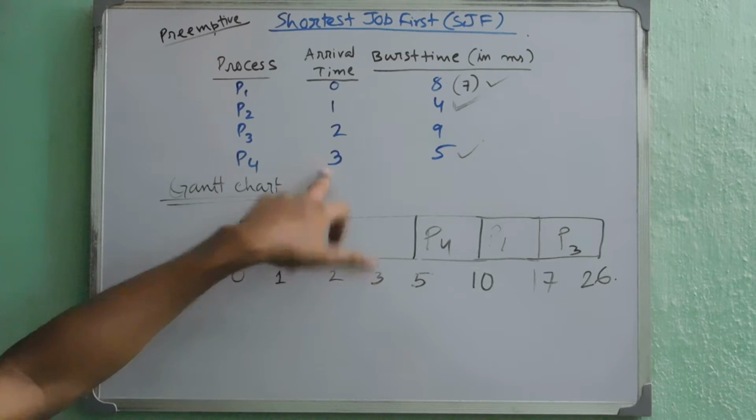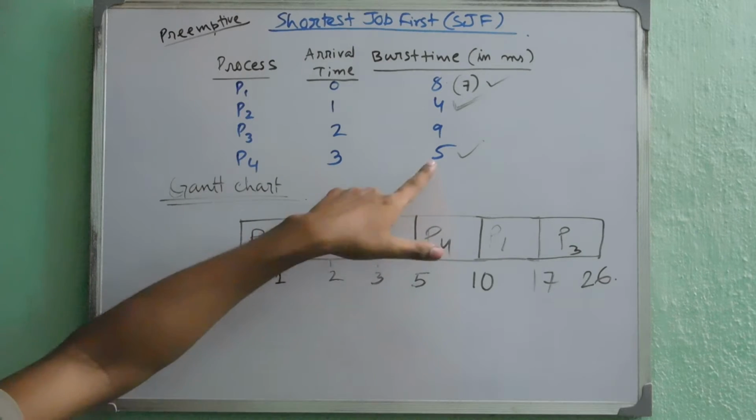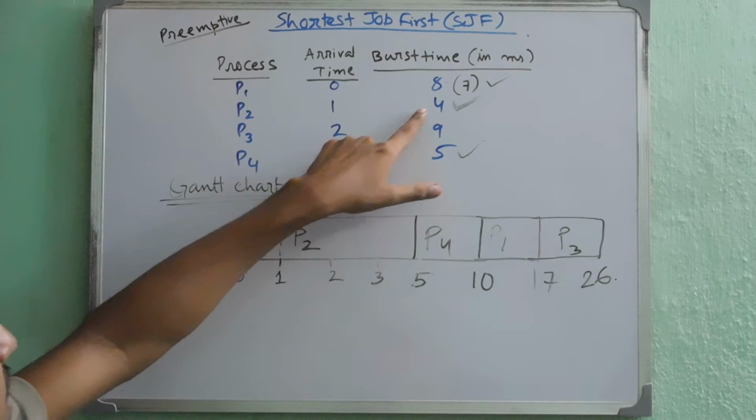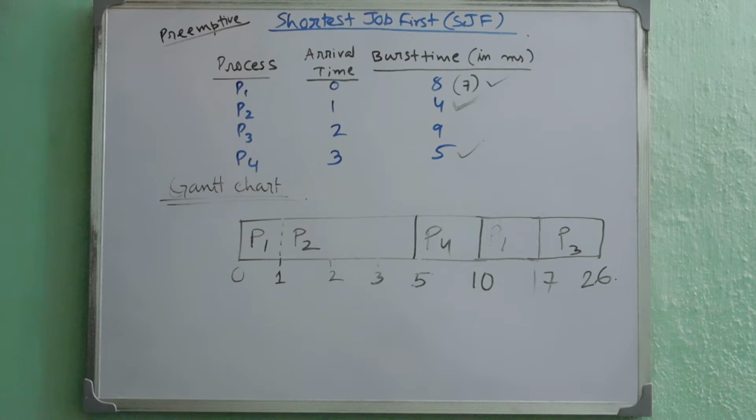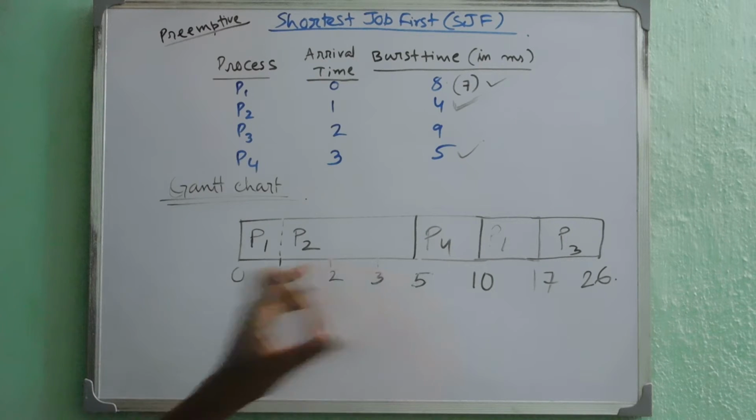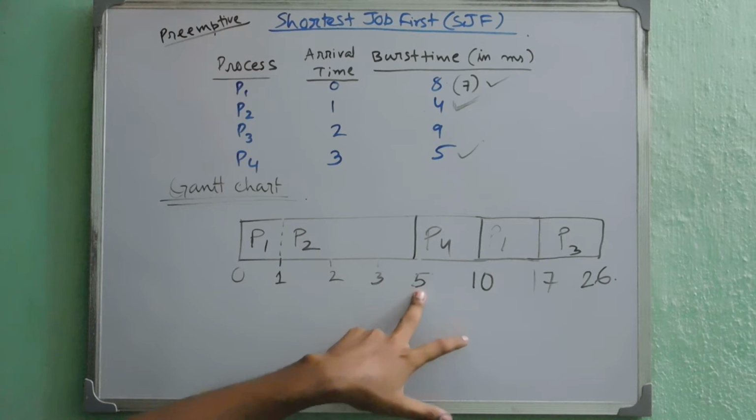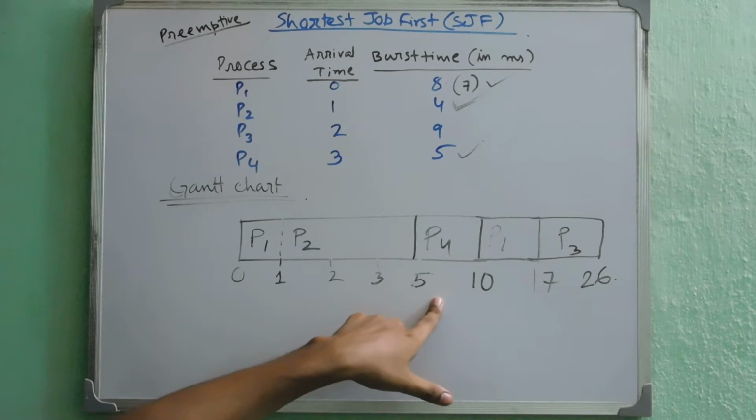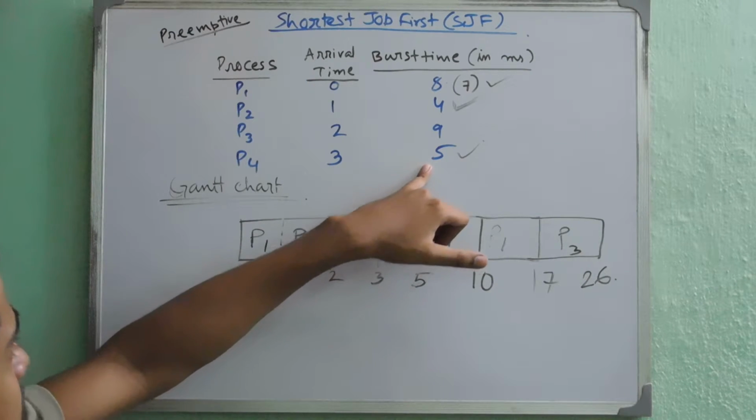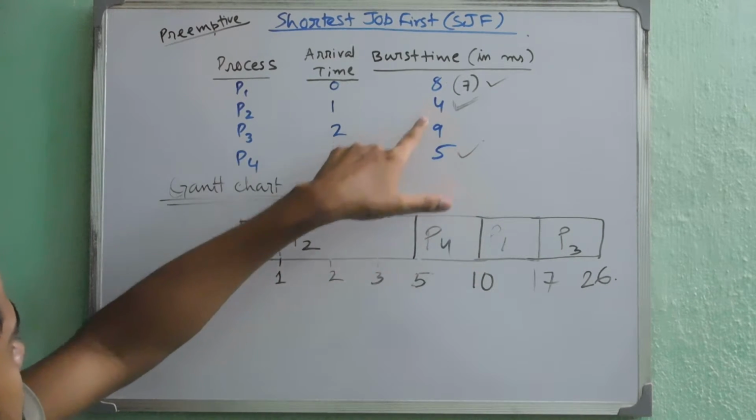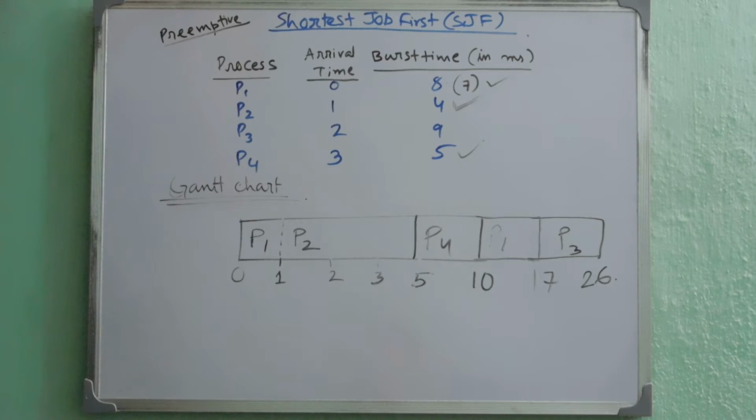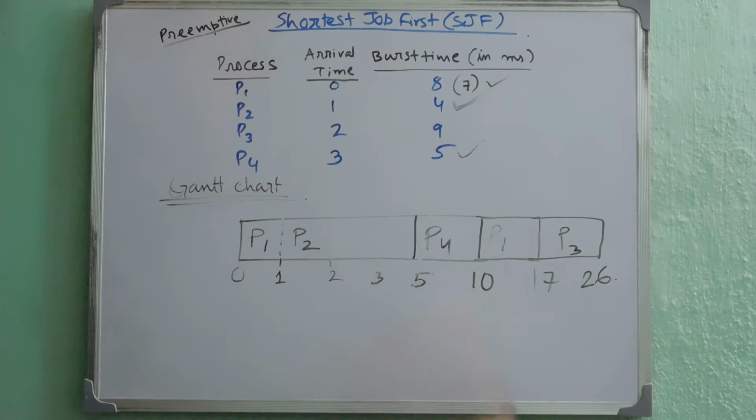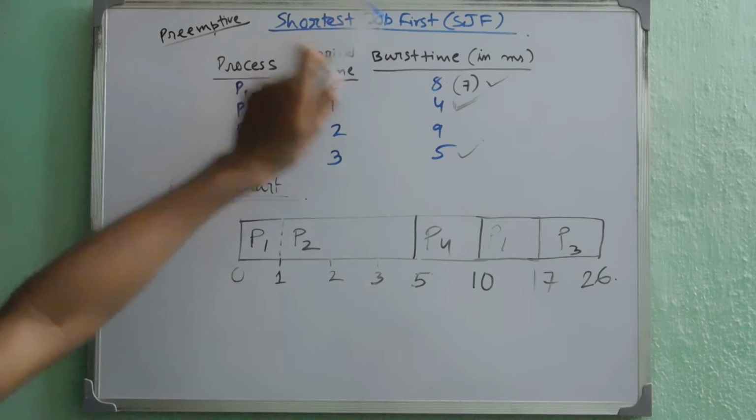At 3 P4 is coming, but the burst time of P4 is 5, and at 3 the burst time of P2 which is left is 2 milliseconds. So we will allow P2 to complete its execution till 5. At 5 we will allow P4 to complete its execution because P4 has the least burst time among P4, P3 and P1. So P4 completes its execution till 10,